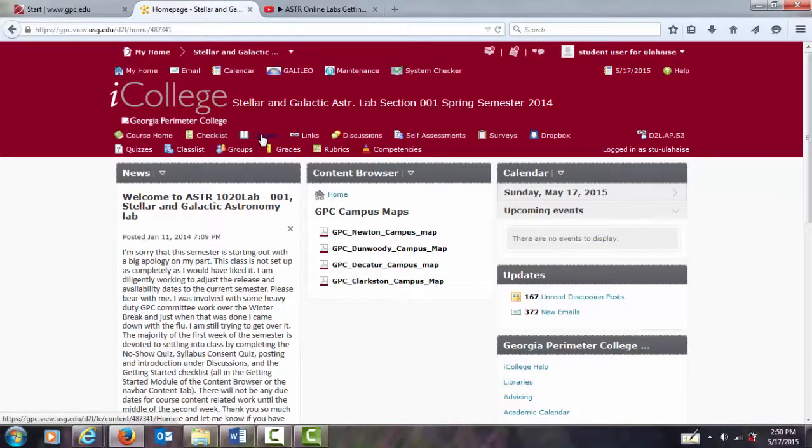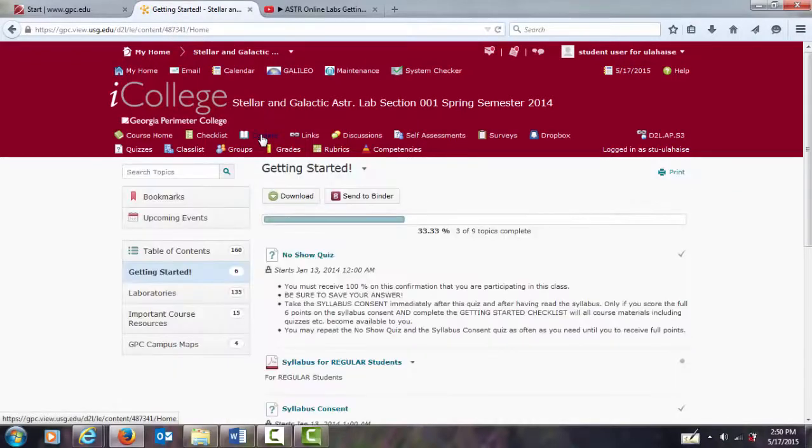Now we can also go to the content tab, where the content is listed in a little bit more detail. Okay, I'm just trying to get my space here in the notes. And under the quizzes tab,